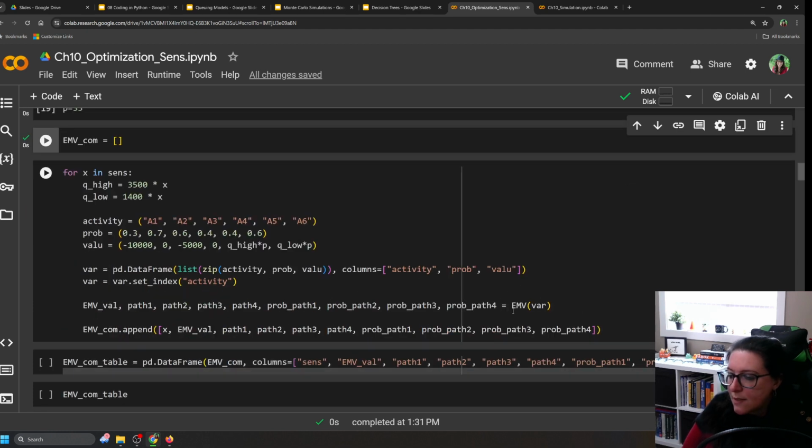So we're going to call it here, our EMV var from the table it just built. Then it's going to output X, which is going to be that sensitivity level. And then it's going to output the expected monetary value, the different paths. This is the same as before. And then what we're doing is filling in this empty list here with all that information, plus the sensitivity level. So if we run this loop here,